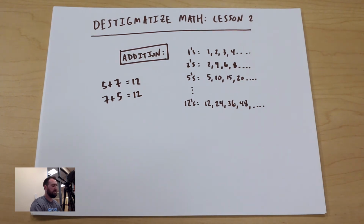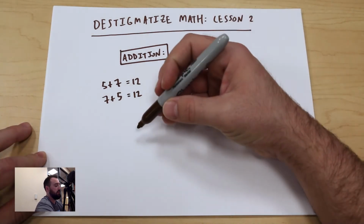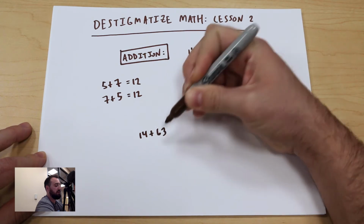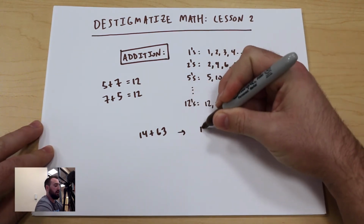So what happens when we get to the place where we have 2-digit numbers, which are much harder to sit and count by? Let's say I did 14 plus 63. You're not going to sit here and start at 14 and count up by 63. That would be absurd. Rather, you learn this other way of adding,